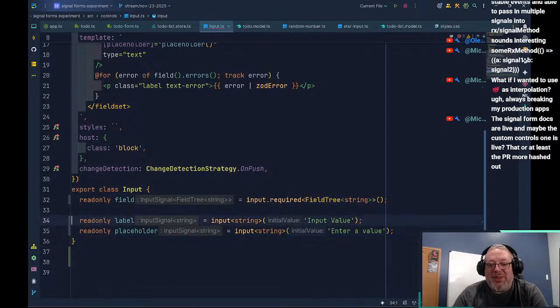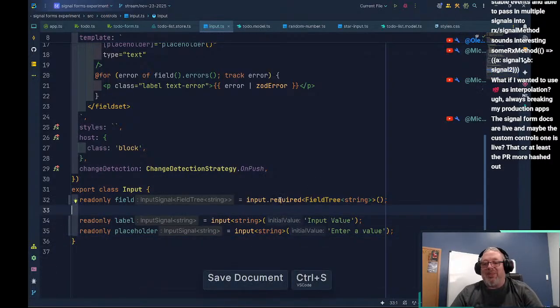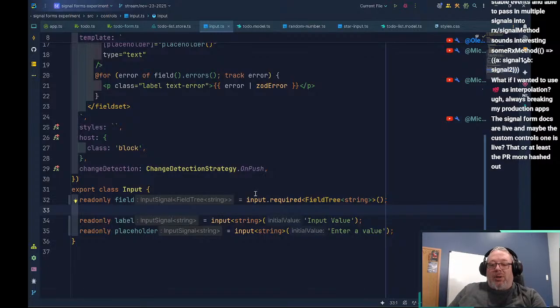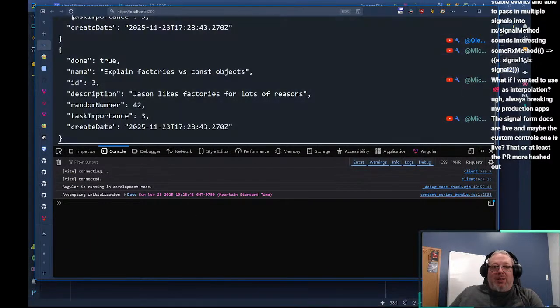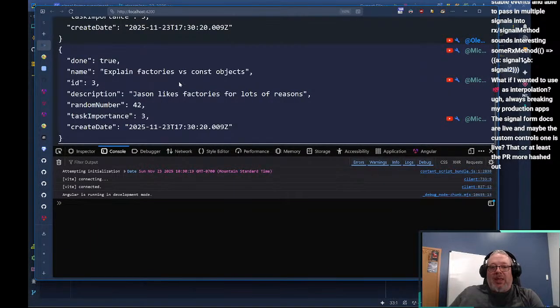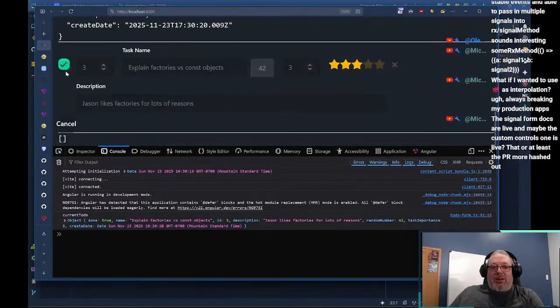So the way this works is this stuff gets all added to a constructor. This is all syntactical sugar for a constructor. And so this stuff all gets added to the constructor, so it's all set up at the time the class is constructed. So field still works. And we can go validate that by clicking here.